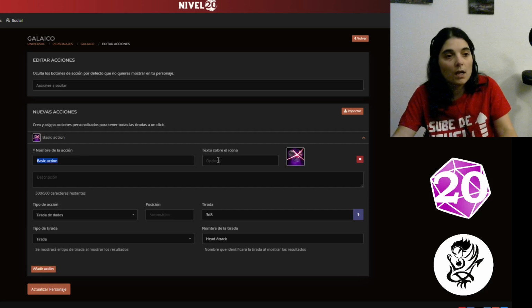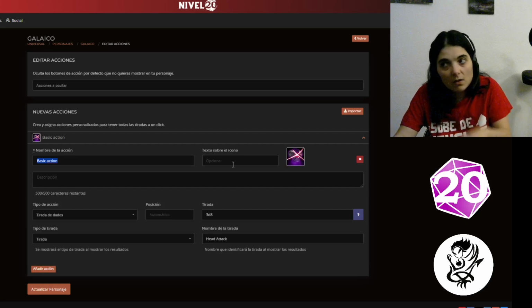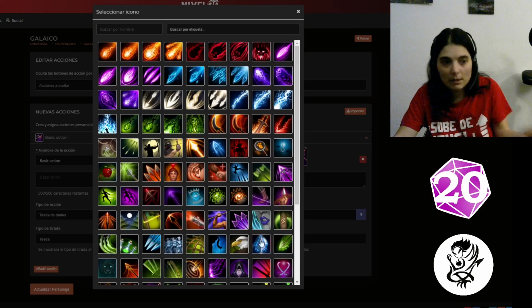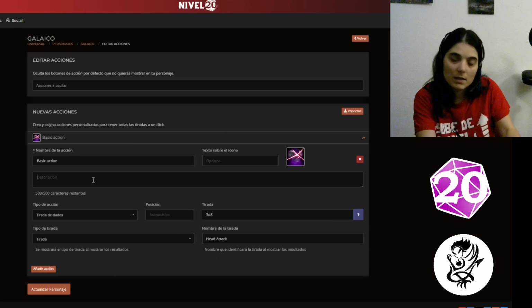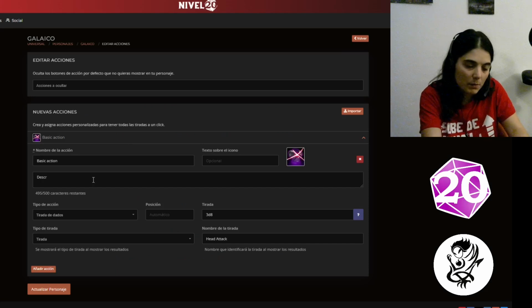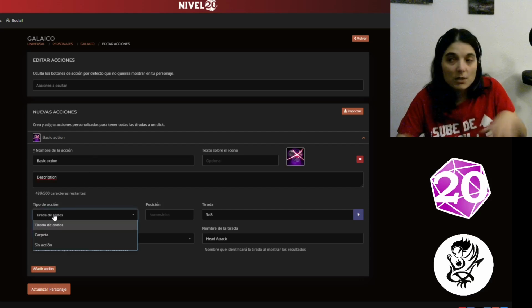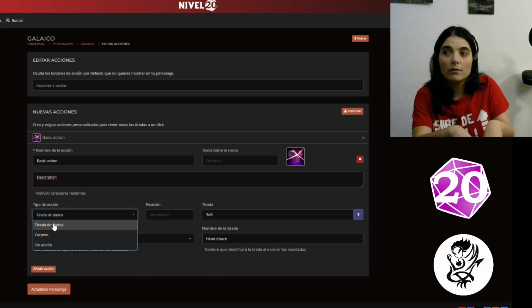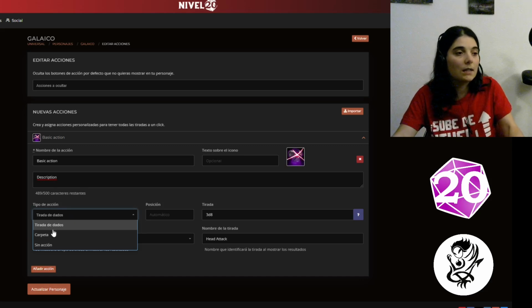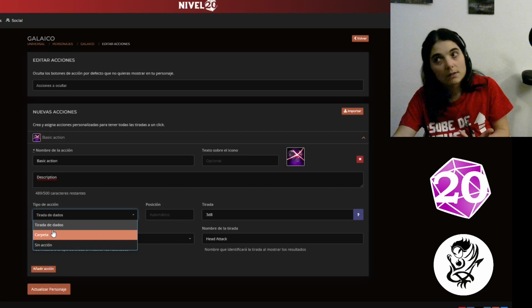So we see we have here the name of the action, because it's an example I just choose basic action, and we can add extra other information about the icon, and here we can choose an icon. There's a long list of them. Okay, we can add a description here. Okay, description, the type of action, here is what I mean before. For the first one we have a roll of dice, and the second one is a folder,